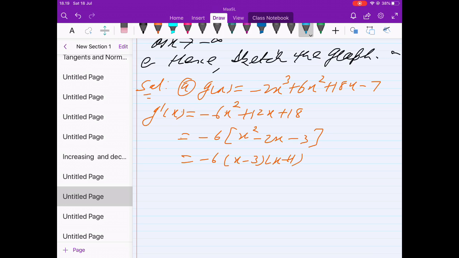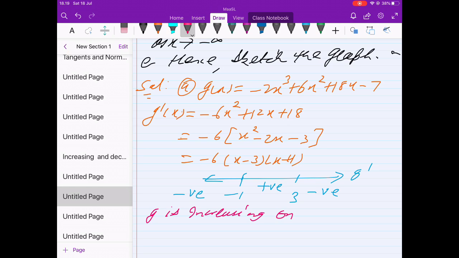We can draw the sign diagram for this gradient function g'. So negative 1 and 3. We can check the sign on the left side. If you look at the left side of negative 1, the gradient is negative. On the right side of negative 1, the gradient is positive, and on the right side of 3, the gradient is negative. So therefore the curve is increasing. Therefore g is increasing